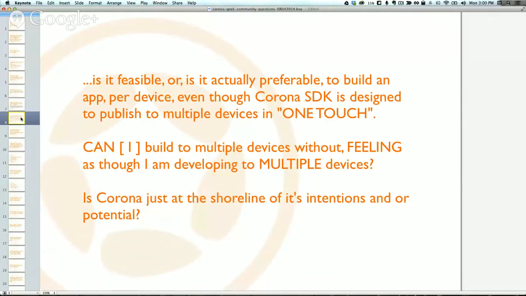Well, what do you want? Well, okay, their question kind of goes on. It says, "Can I build to multiple devices without feeling as though I'm developing to multiple devices?" And then they finish off with, "Is Corona just on the shoreline of its intentions or potential?" So I think what they're trying to ask, and the question was much longer and I kind of pared it down, so